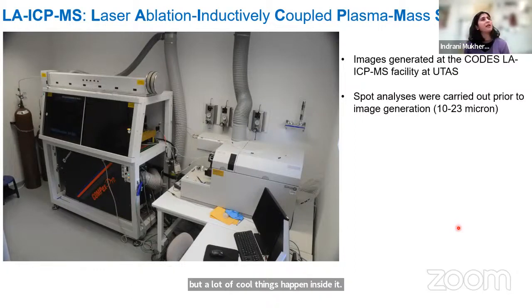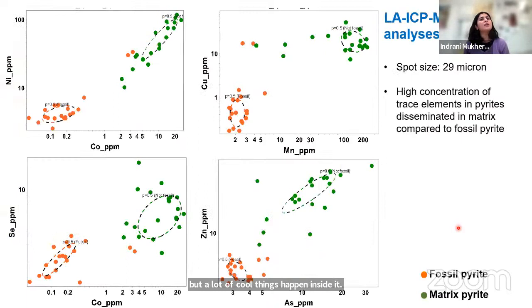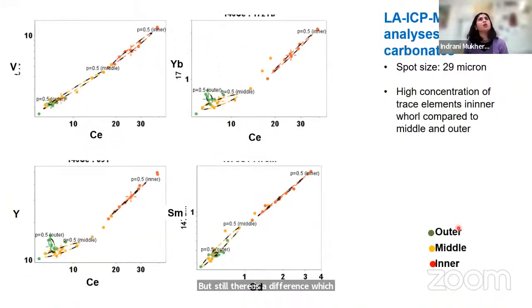So we did some laser analysis, and we started to see some difference in the fossil pyrite versus the pyrite that's in the matrix in the shale. And there are significant differences. But that could be because of anything. Perhaps the ones on the outside formed a bit later. That might have been something to do with available. I don't think so, because the textures look very similar and sedimentary or syngenetic. But still, there is a difference, which gives me hope.